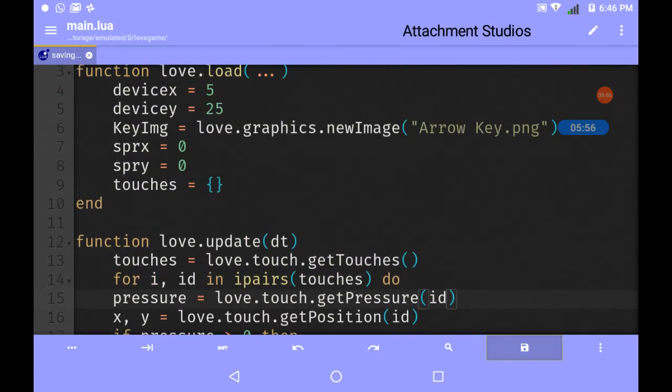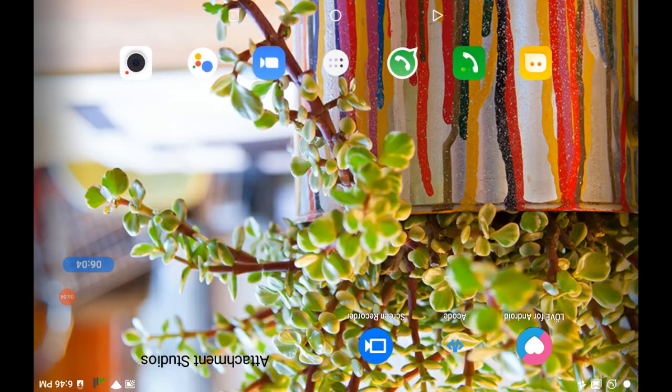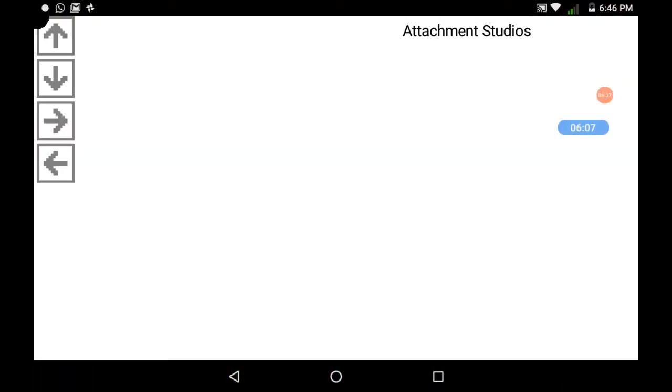But when I save it and then go to Love for Android and open it, then I can see what is happening.